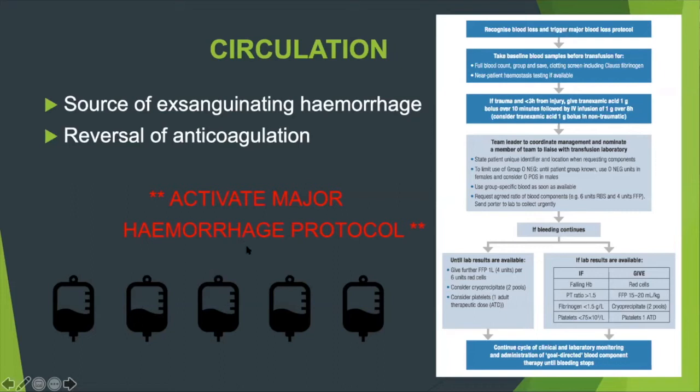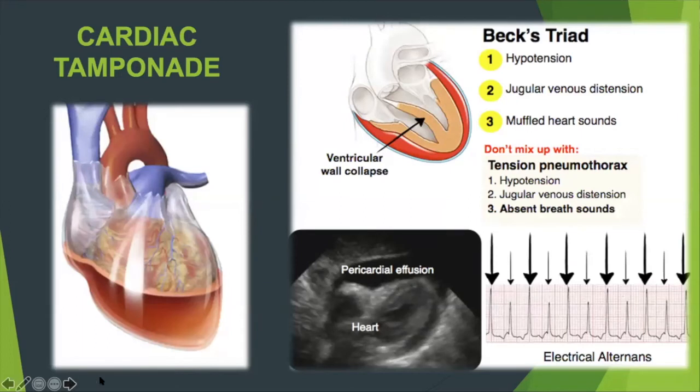And just remember, your cross match is very important. So you give universal blood until you can give cross-match blood specific to the patient's blood type. Remember, again, favorite exam question, how is